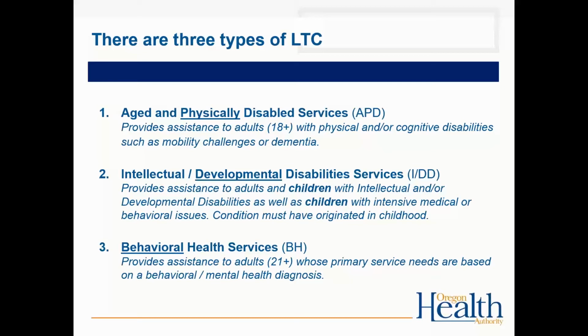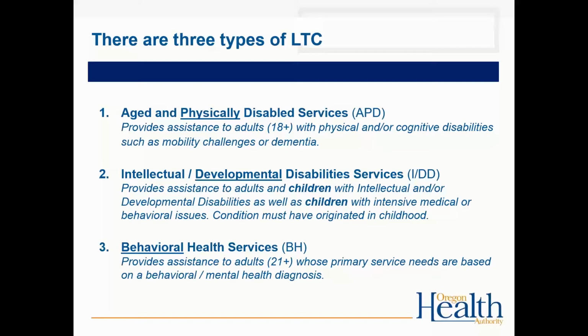All right, so there are three types of long-term care. So there is care for those who are aged and physically disabled. So it's anyone who's over 18, they may have a physical or even a cognitive disability. Now, I want to explain the difference between cognitive and intellectual or developmental: those are more those who have strokes, those who are aged and have some kind of impairment that did not begin in childhood. It's mostly a later onset